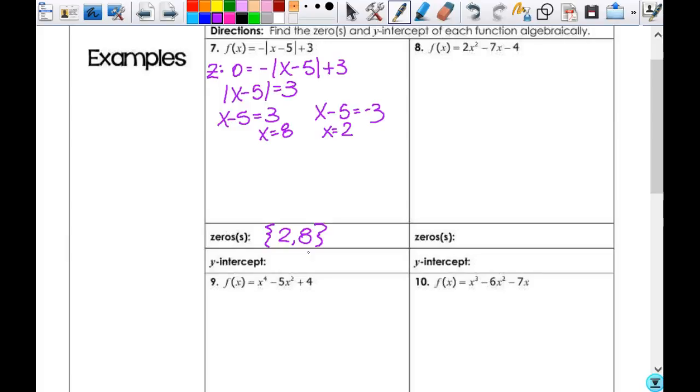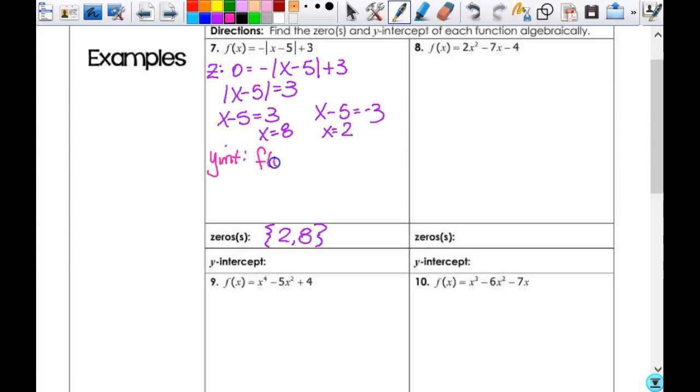If it's one of those things where it's like, we'll take it either way, it doesn't matter if they're there or not. So I think the safer thing to do is let's go ahead and put them. Does that make sense to you? So anytime you're not putting it as an ordered pair, it's a set of numbers, so that's why those squiggly brackets are there. Okay? That makes sense to you? All right, so then y-intercept,